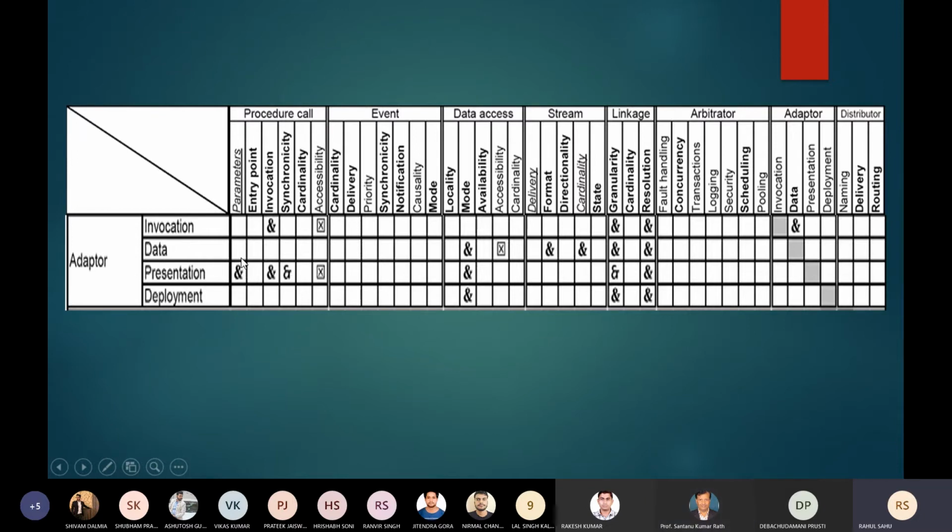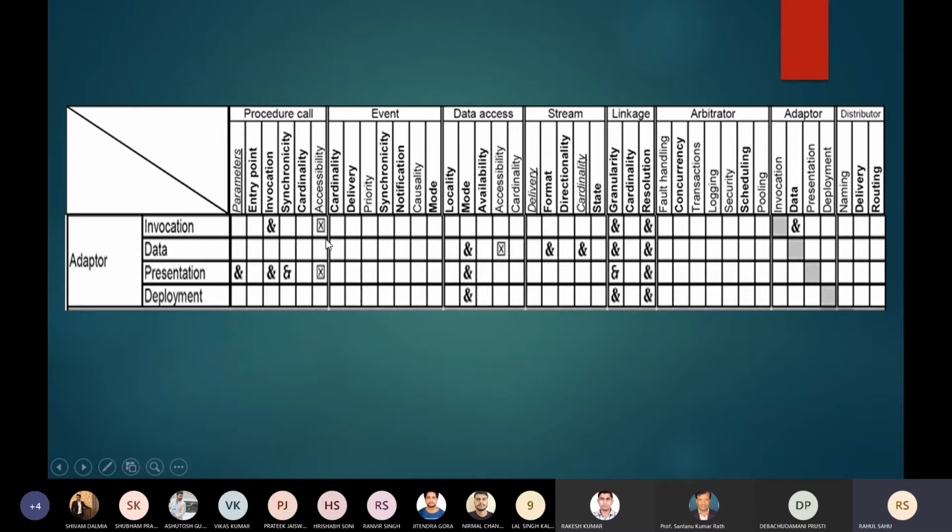Required symbols define the necessity, like presentation dimension requires some parameters, invocation presentation requires some parameter, presentation requires invocation, data requires invocation, presentation requires synchronicity, and invocation and accessibility you cannot take together.